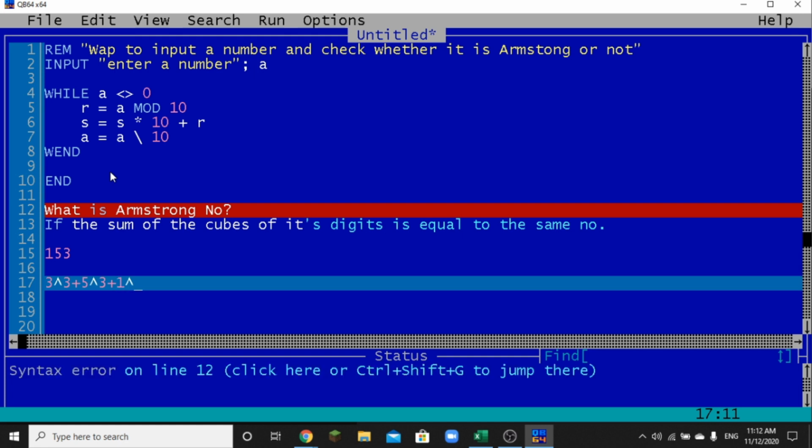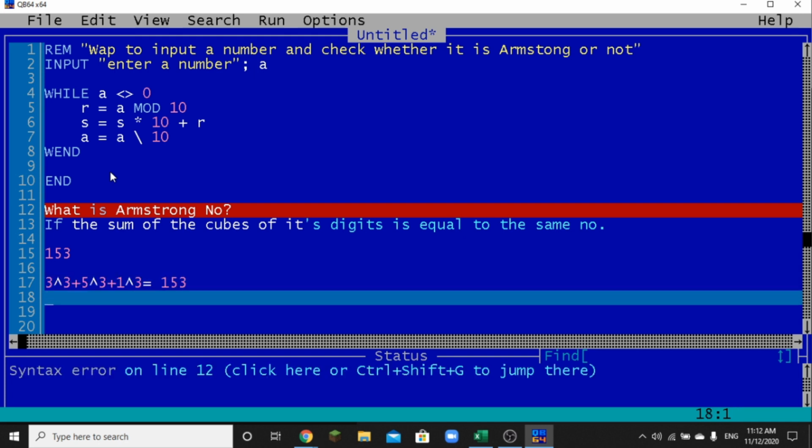Where if you calculate the sum of the cubes of its digits, then that is equal to the same number, exactly 153 आउँछ. The sum of the cubes of its digits is equal to the same number, that is 153. अर्को नम्बर छ 407 मा पनि त्यही हुन्छ. If number is 407 then the sum of 4 cube plus 0 cube plus 7